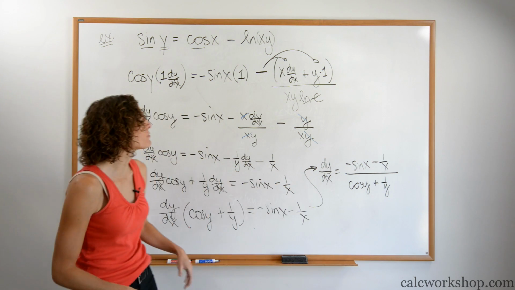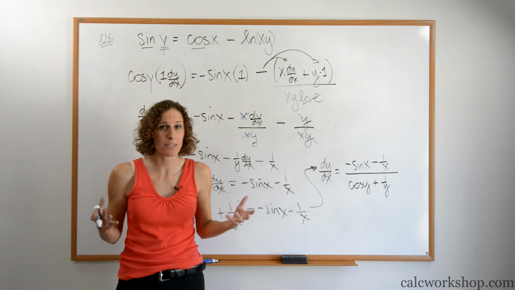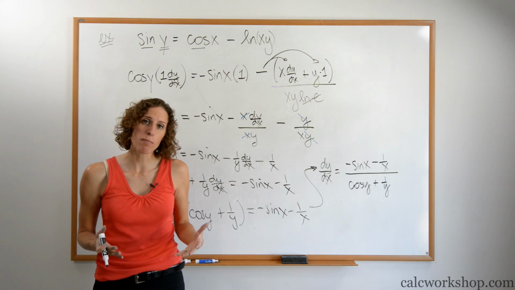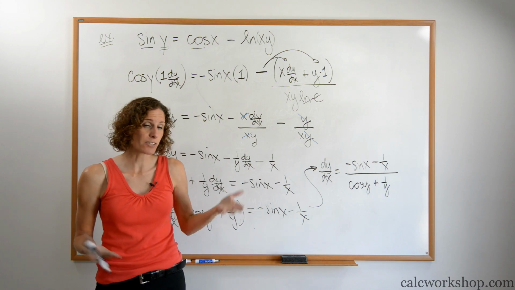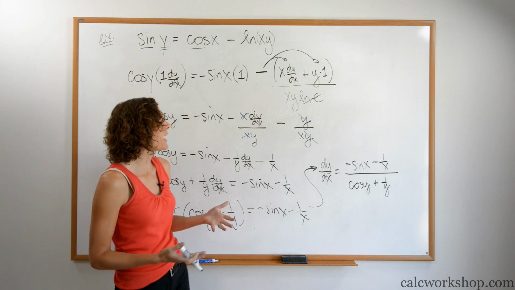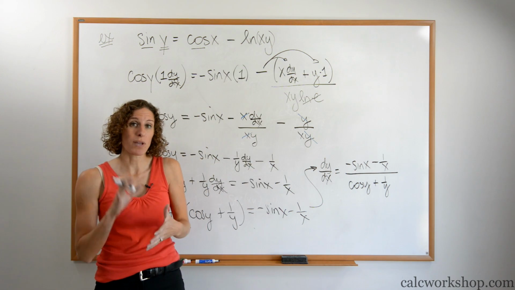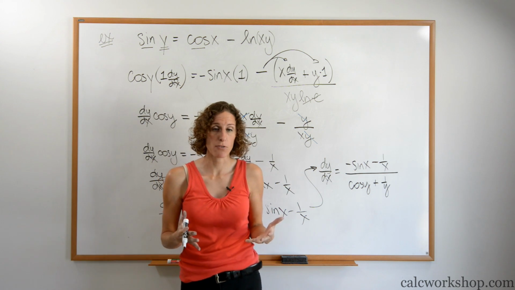We have taken a derivative of x's and y's all intermixed. We've done it with trig, we've done it with logs, we can do it with exponential functions, we can do it with any kind of functions. But as long as we remember that when we take the derivative of y we multiply by dy/dx, we'll never be wrong. Just slow ourselves down, especially when we deal with products. So we always have to make sure that we have the first and the second. So that walks us through implicit differentiation.